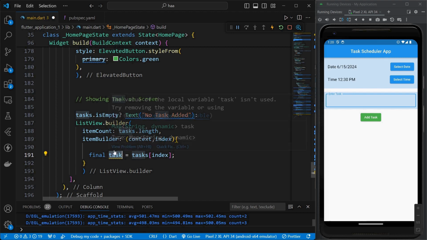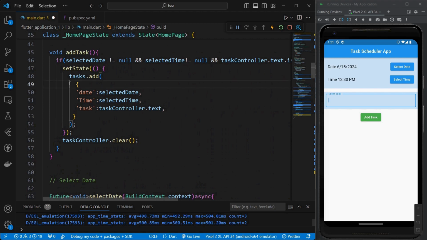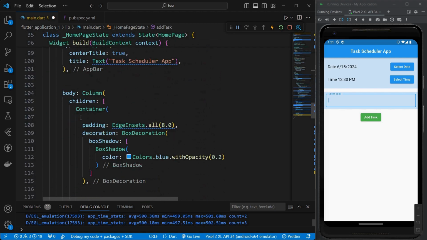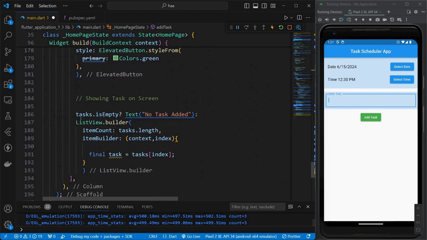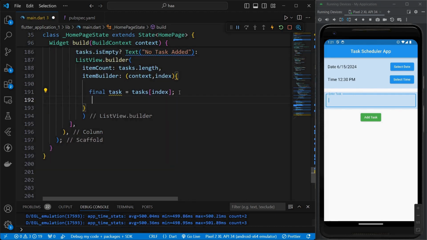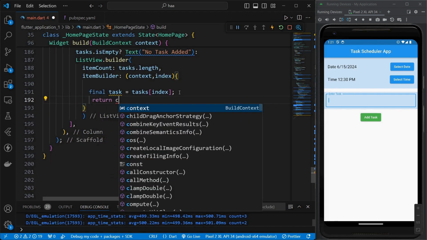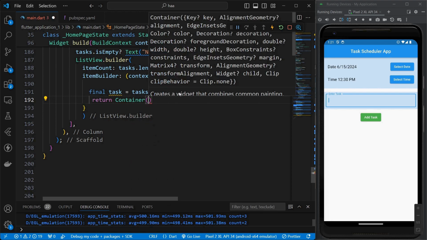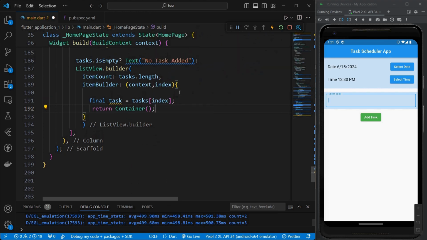So this task is a local variable for this list view builder, and this task is my list, and we are passing these values inside that task. And now we'll simply return a container. So I'll write a container and I'll just save this much of code,